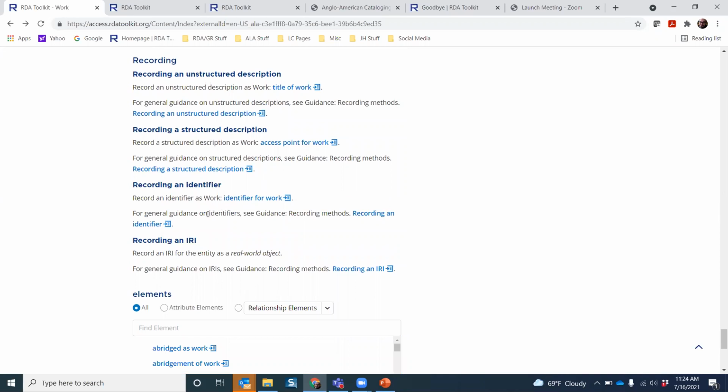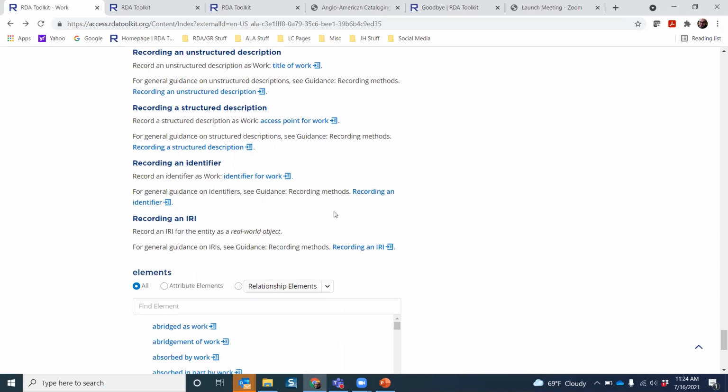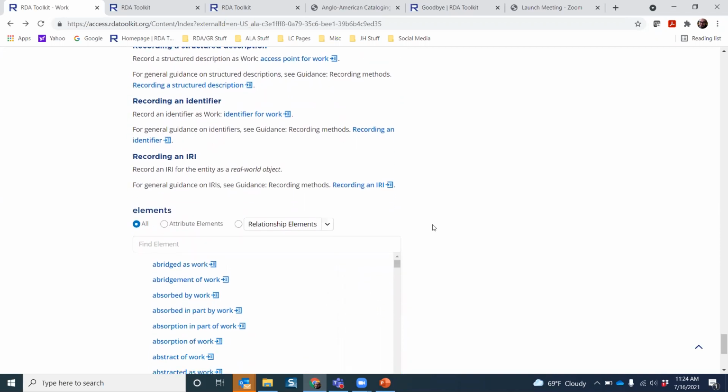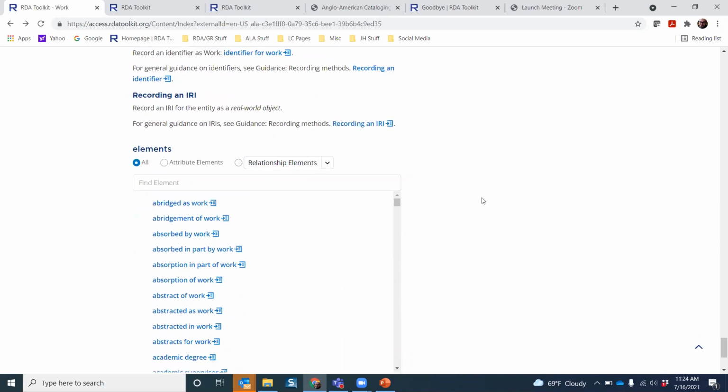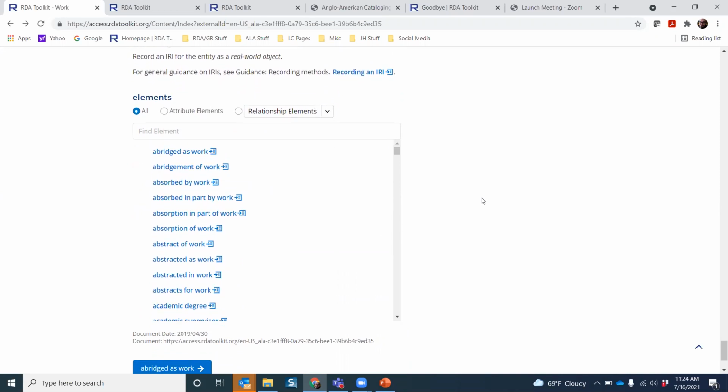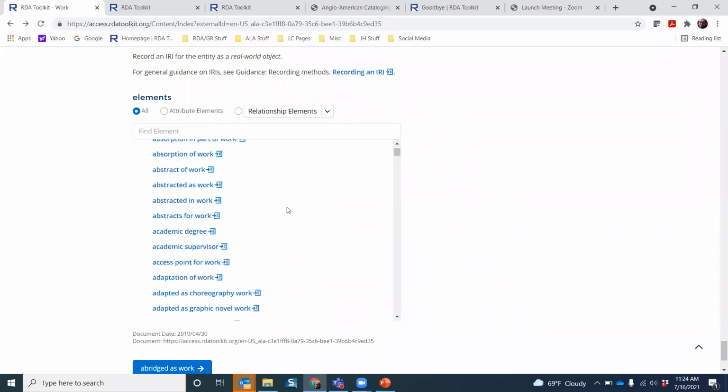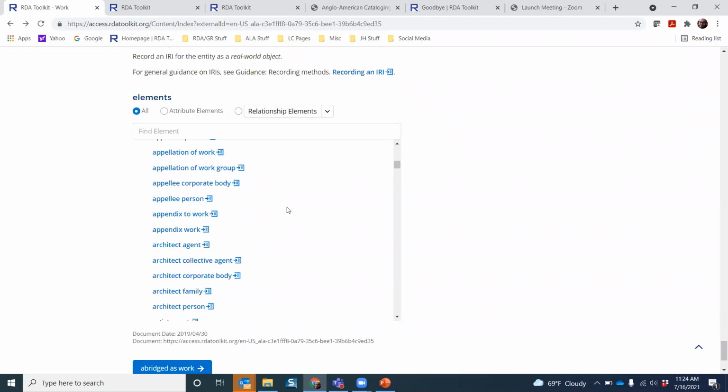Identifier refers to a number that's used as an identifier, like an ISBN, etc. And of course, IRIs are meant to support a linked data environment. At the end of each entity page, you'll find an elements list. And this is a list of all the elements that are associated with this